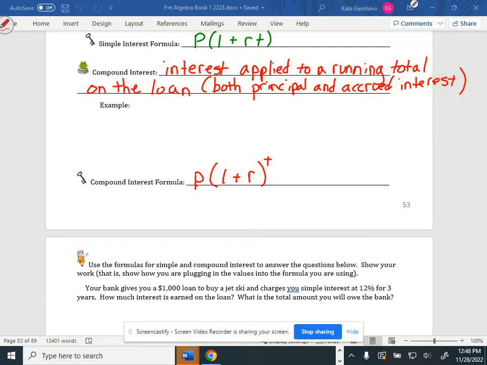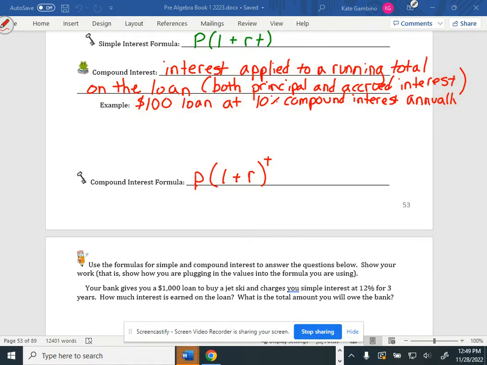Can we use calculators? Yes, because I'm not testing you on your multiplying and dividing. I'm testing you on how you know how to use the formula. So let's do an example for this one. This time I'm not going to forget our problem. So let's say instead of having a $100 deposit, we have a $100 loan at 10% compound interest annually.